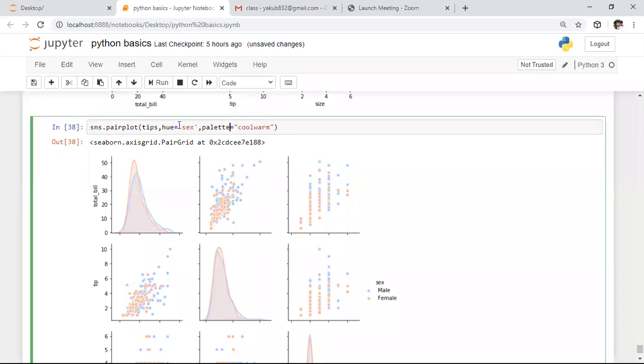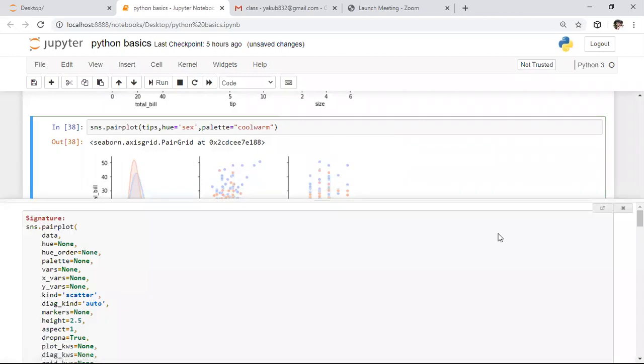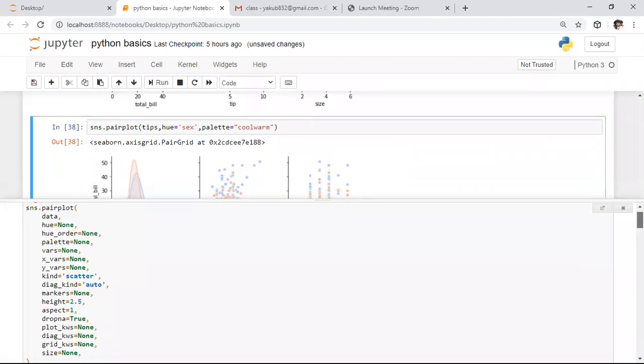If you want to know information about this pair plot, after executing this specific cell, we need to press shift tab. Whenever you press shift tab, it will show how to use this pair plot and a description regarding it. After this, I'm clicking on this arrow, and it will give a complete description of any plot.